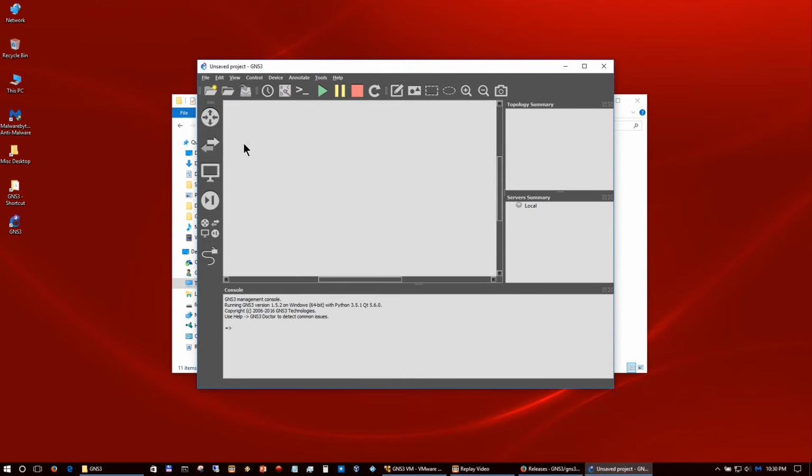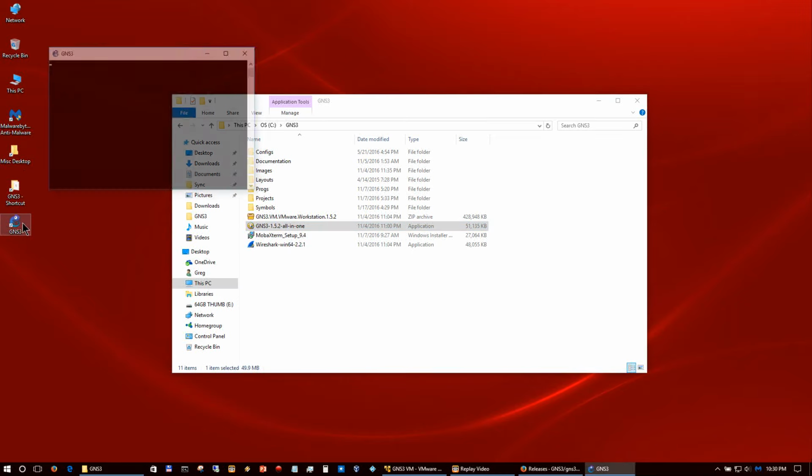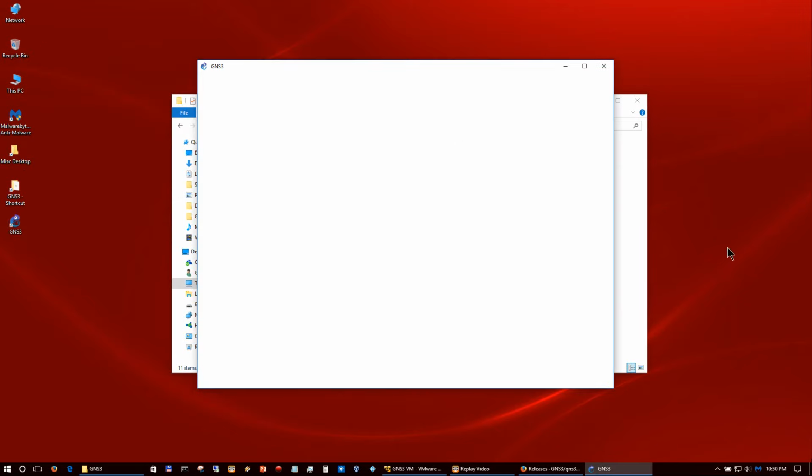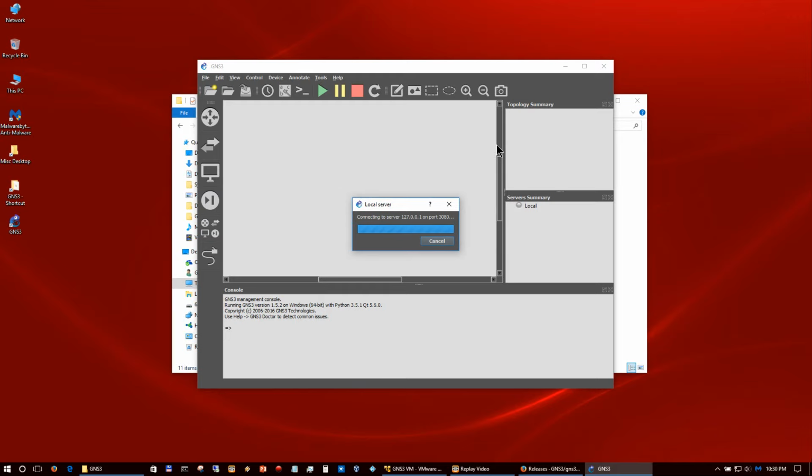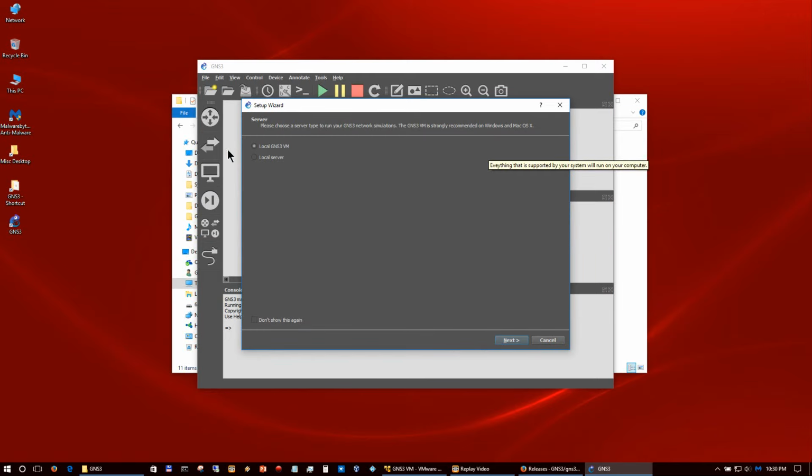And then basically right now we're ready to close out GNS3, reopen it, so that we get that wizard pop up again. And now we're going to set local GNS3 VM. Local server is just a loopback address, which is 127.0.0.1. So basically, you want to, like I said, set it to this so that way everything gets installed into